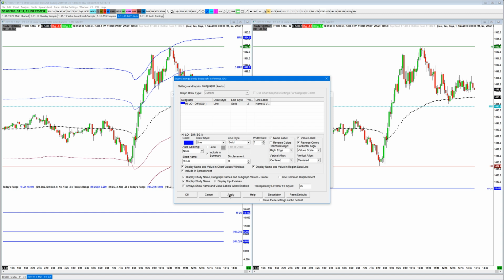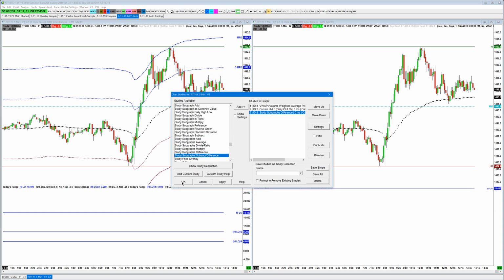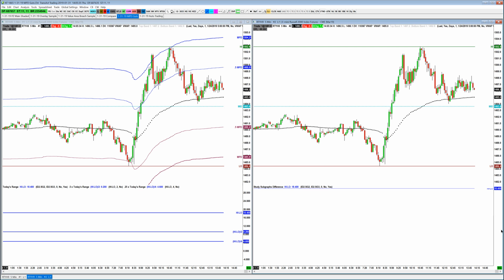So if I just push apply, you can see now that's going to be visible. Now, because of the scaling, it's just a flat line. I'll actually end up moving it down a little bit once we put another line in here. But we at least have the value that we were looking for, which is the range of the day. Okay, the Russell has an 18.4 point range. All right, now, how do we get this to divide by 2 and then add to the VWAP to create